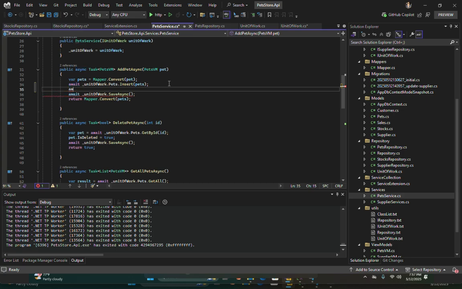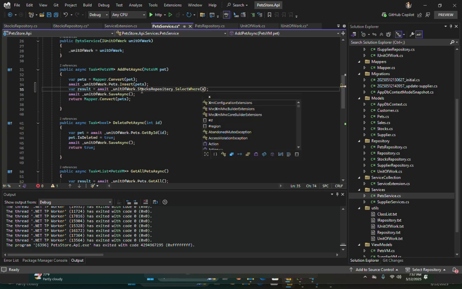So let's first find the stock by the pet's id. Find, unit of work dot stock repository dot get by id, not get by id, dot select where x such that x dot pets id equals